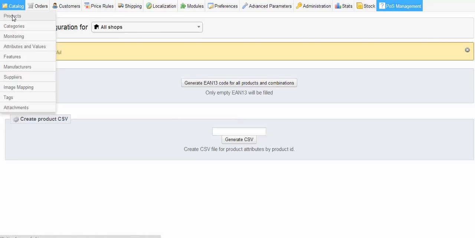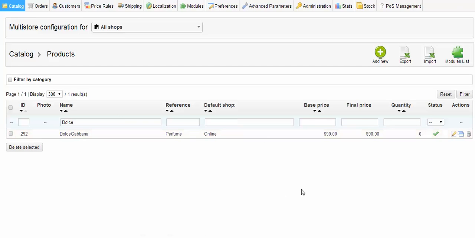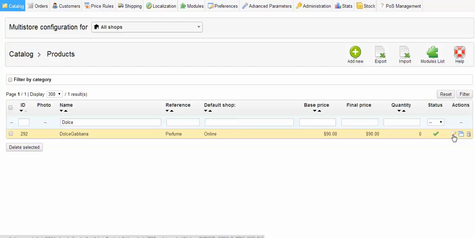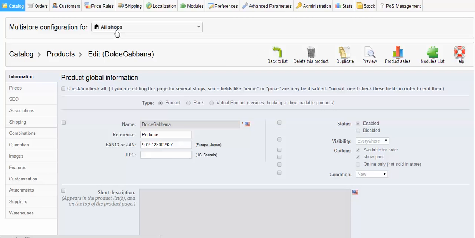We go to catalog again and products, and it's taking time. I'm going to close the window. Nope, it's okay now. Now we're going to go to the details of the product, edit again, click on the pen, and remember we're still on all shops, so whatever changes we make, it reflects across all the shops we have. So we're going to check combinations,